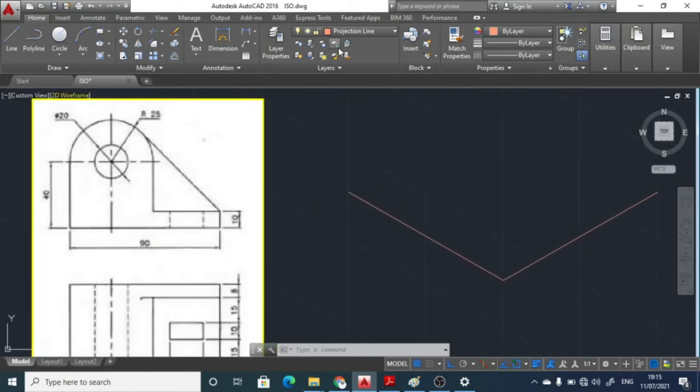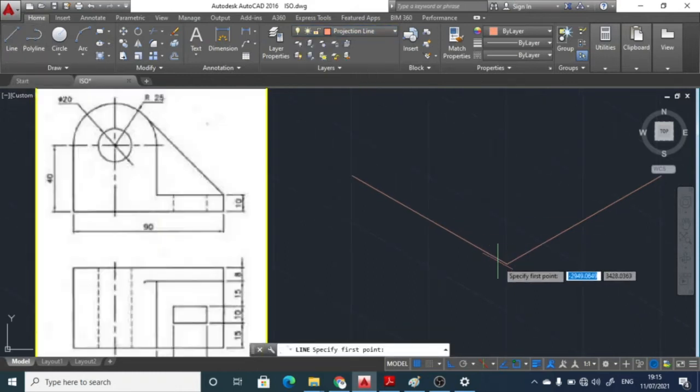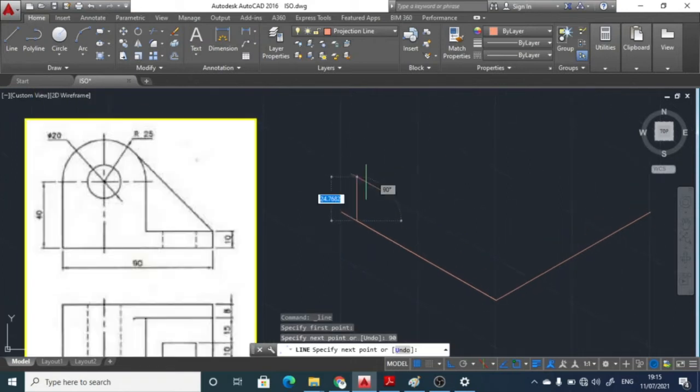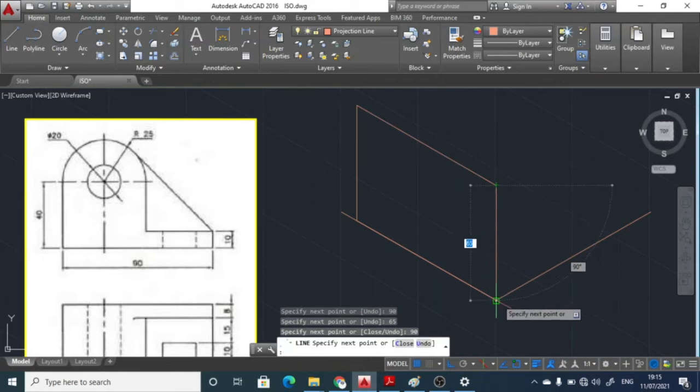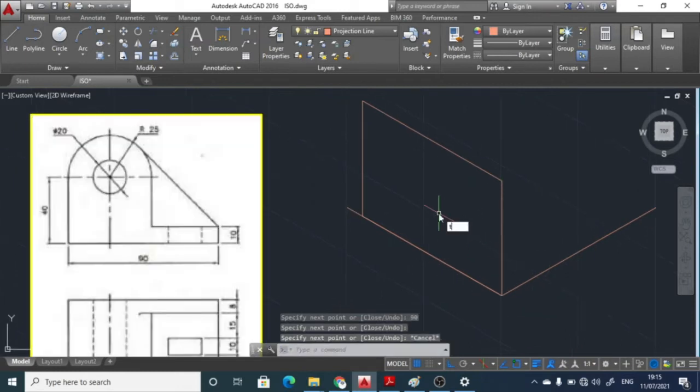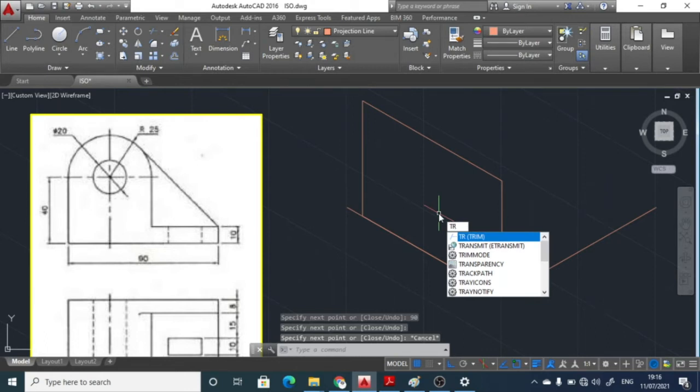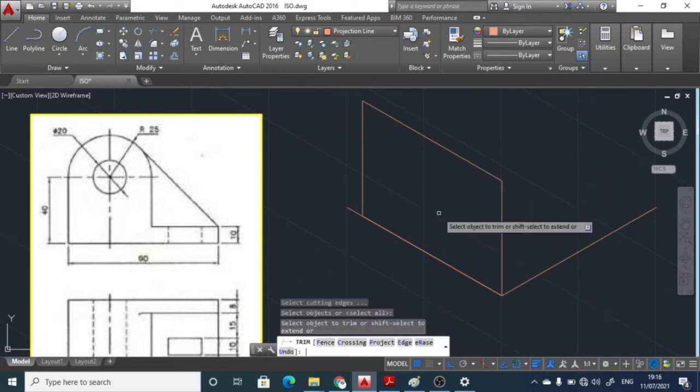For that purpose, we'll take the properties of the projection line. We click on the line command in AutoCAD and from this corner point we draw a line of length 90 mm like this. Once we have drawn the length of 90 mm, we give the height, that is 65 mm. Again, move the cursor to this side and draw the length of 90 mm and complete this rectangle. Like this, a rectangle of 90 by 65 mm we have drawn. Whatever the excess part is there, we'll trim it over here. So let's say we are trimming this, likewise.